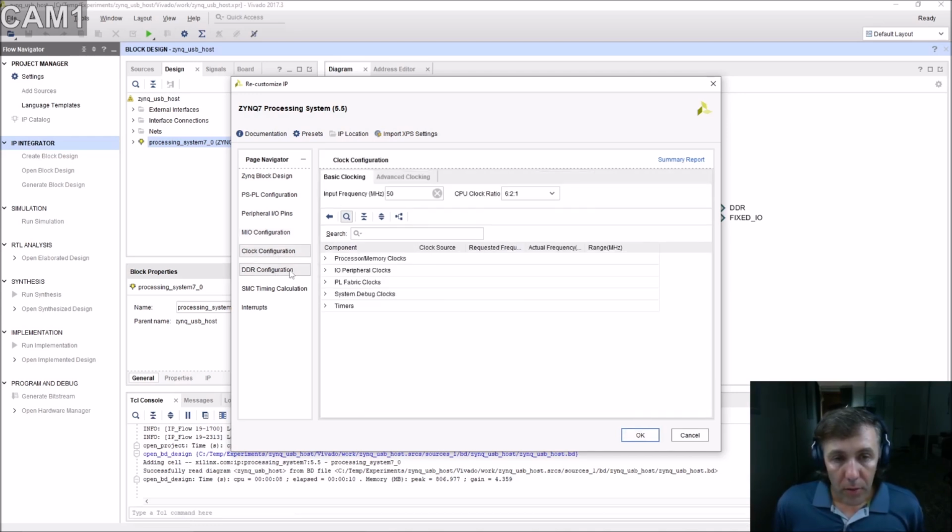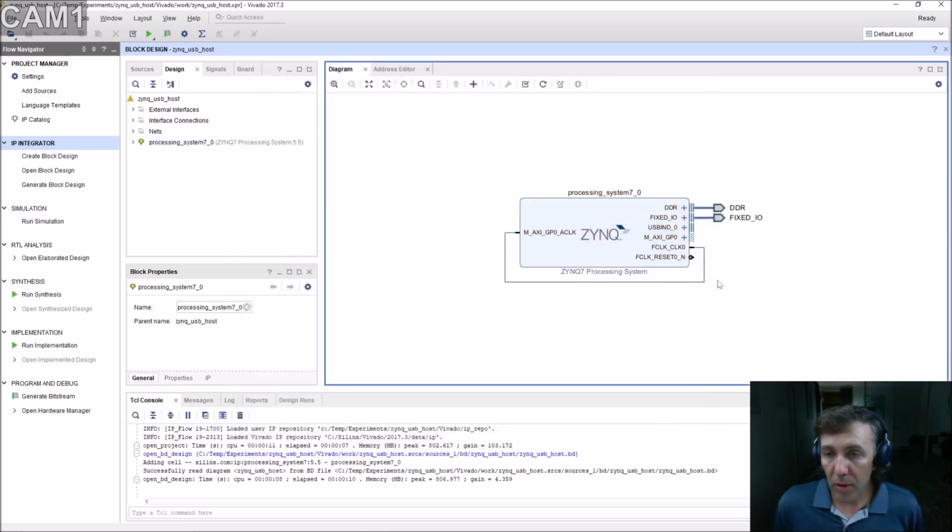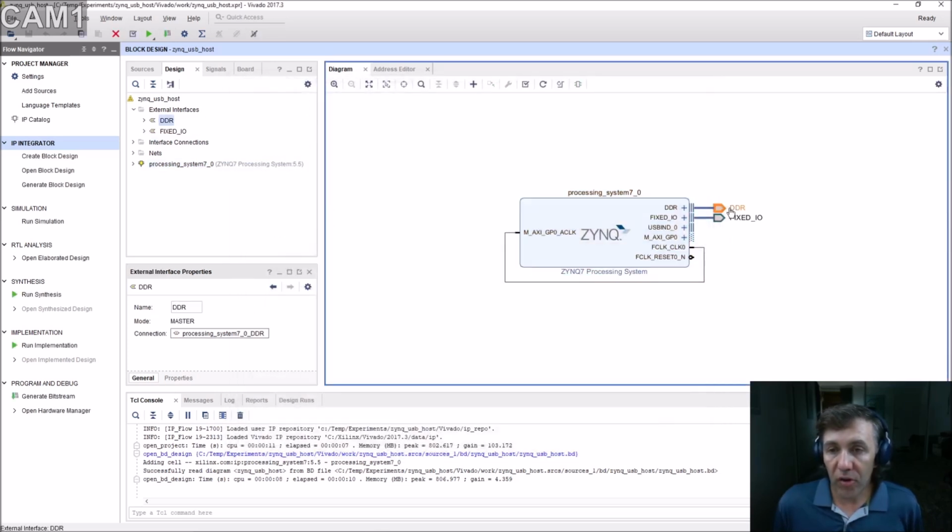That's probably it. We don't need to do anything else. As you can see, DDR is also configured, but that configuration was transferred from the default settings of the board. So basically it was pre-configured by Digilent, so we don't have to do anything else. What we're going to do now, we need to run synthesis,